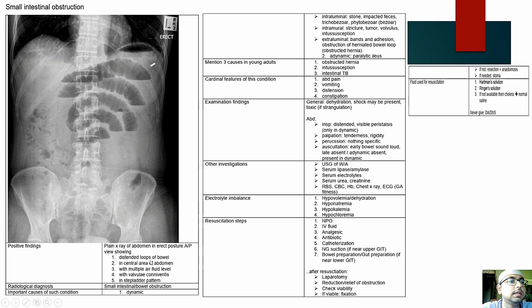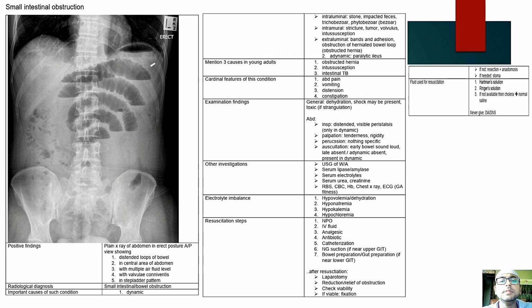So radiologically, what is the diagnosis? This is a patient of small bowel obstruction. Okay, so what is the important cause of this? Why does it occur? Because from the textbook we know bowel obstruction or gut obstruction has two major types, that is dynamic and adynamic. So dynamic obstruction means there is some mechanical